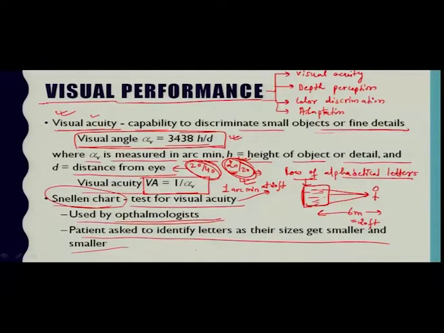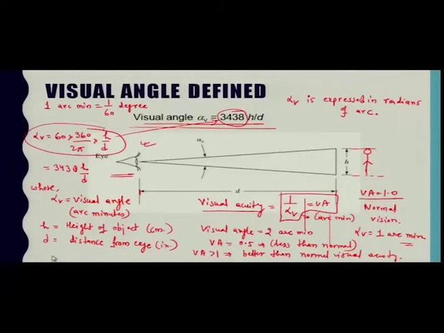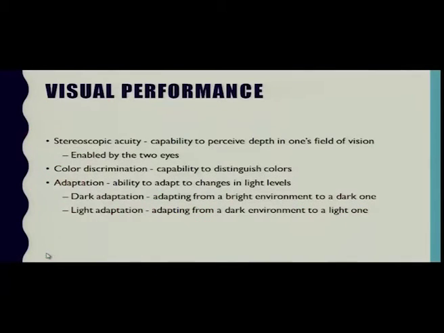So we can also understand the meaning of that particular thing, that what do you mean by 20 by 20 and 20 by 40. So 20 by 20, the thing is clear with the normal vision, but if it is coming as a 20 by 40, it means